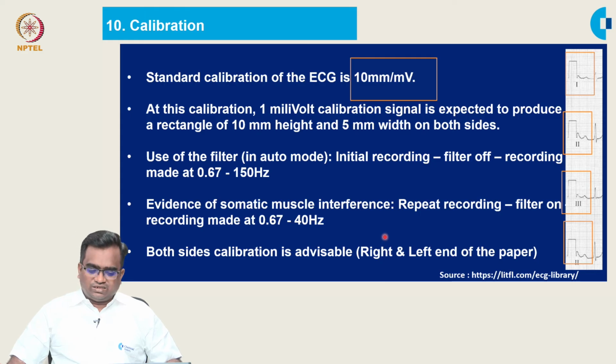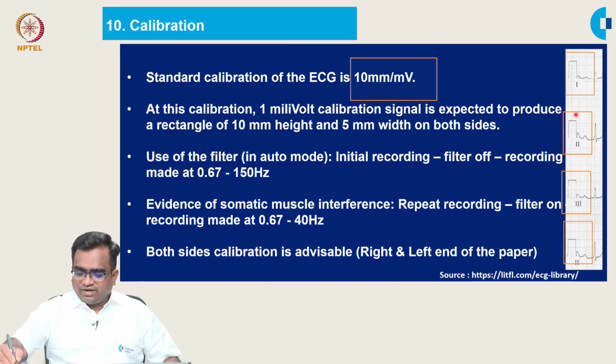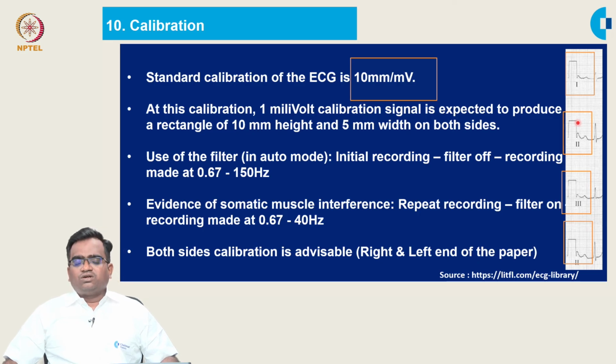So, whenever recording an ECG, after checking the paper speed, the ECG machine has to be calibrated and checked for the 1 millivolt calibration signal, whether it is producing 10 mm height and 5 mm width like this. A rectangle with 10 mm height and 5 mm width. This is the standard method to be followed before recording an ECG, because